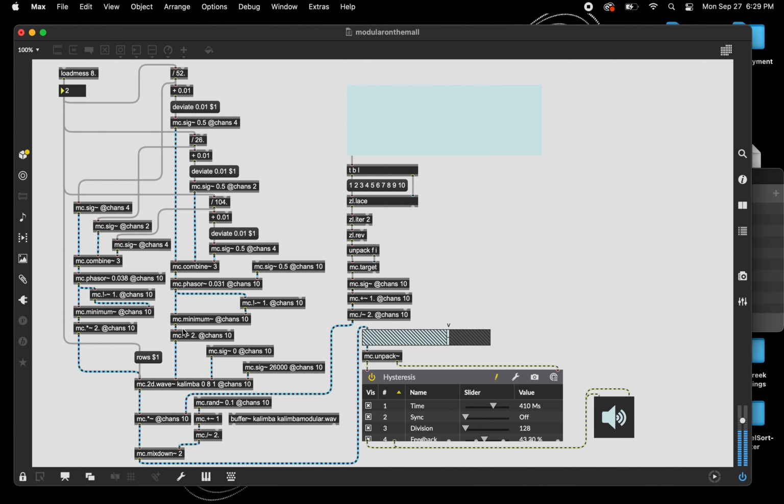So I'm using a bunch of triangle waves to read through this buffer, both linearly and with the crossfading chunks. I'm using the length of the sample, which is 26 seconds here, as well as the half and the quarter of that to get my sample playback times based on the amount of rows that I set. So my sample is always going to be played back at the right rate to be in tune and to sound good. And then, this is the highest one, this is the regular one, and this